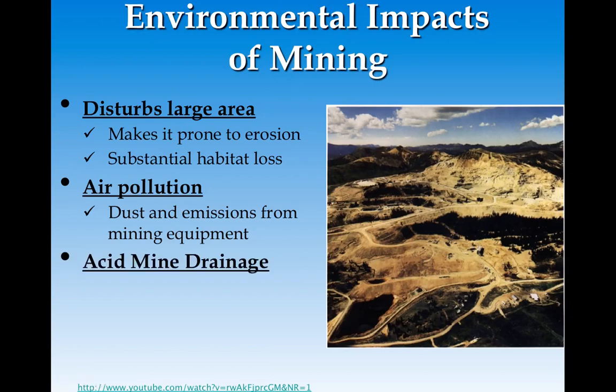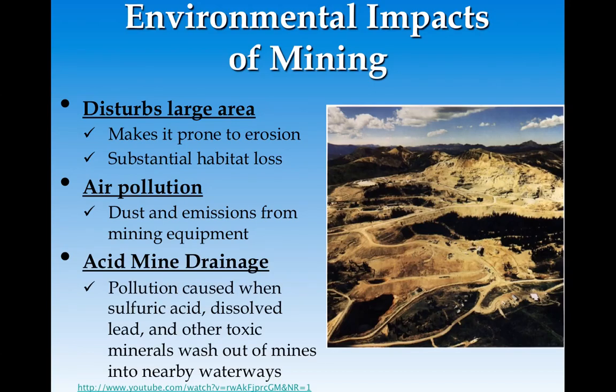And then something called acid mine drainage, and this is a pretty nasty thing, and it basically is this pollution that's caused when all of the metals are exposed. When you're mining for, let's say, gold or copper, even if you're not looking for sulfur or lead or all these other toxic minerals, they're still going to be exposed from the side of the mountain and wash out into the waterway nearby. So these are the unintended consequences because you weren't looking for these, but they're there anyway.